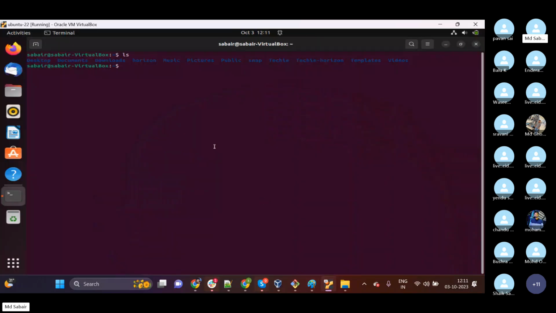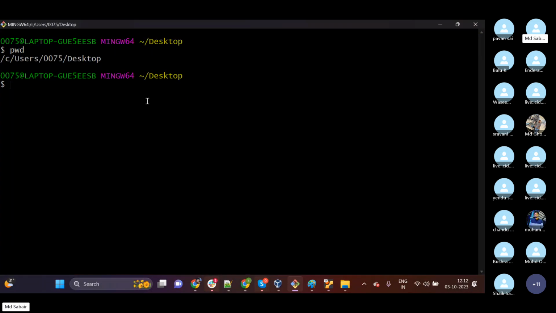But in Linux, if you want to delete, we can use a command called rm -rf, remove recursively forcefully, and then the name of the particular directory. Which directory do you want to delete? I want to delete techie as well as horizon. I want to delete two directories. If I hit enter and do ls, see, both have been deleted. So do we have anything called a recycle bin? Here we have a recycle bin. But when it comes to the CLI, there is no recycle bin, guys. Once deleted, you cannot recover it. So make sure when you are using rm commands.